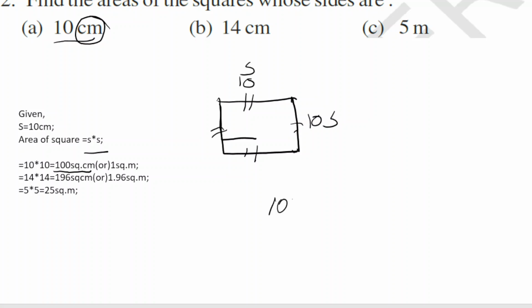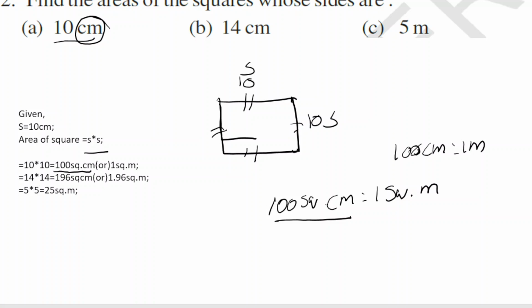This 100 square centimeters is nothing but 1 square meter. You know that 100 centimeters is equal to 1 meter. So this 100 square centimeters can be written as 1 square meter. And here the side is given as 14 centimeters. So the area of the square is 14 into 14, S into S. So we have written 14 into 14, that is equal to 196 square centimeters, because measurement is given in centimeters,